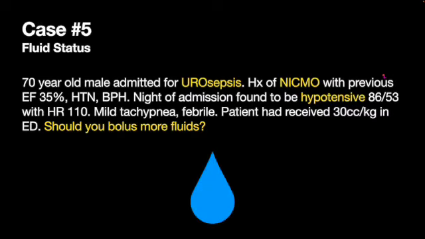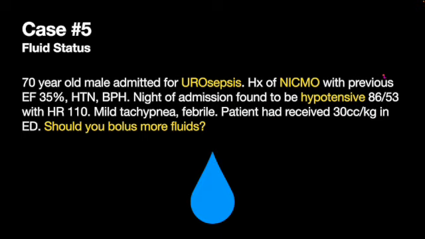All right, here's a great case. See it all the time. A 70-year-old gentleman admitted for urosepsis. He's got a history of non-ischemic cardiomyopathy with previous ejection fraction of 35%, high blood pressure, BPH. On the night of admission, you go to evaluate him. He went to the floor. Now he's hypotensive and tachycardic. He does not look well. He's febrile and has a mild tachypnea. You suspect septic shock. He had already received 30 cc's per kg of lactated ringers in the emergency department, and